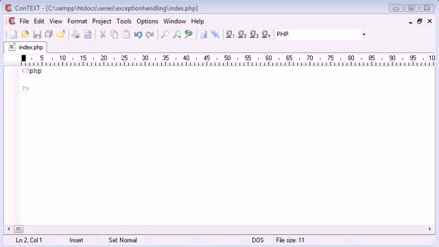Now, the next part of exception handling we're going to talk about is try, throw, and catch. What we do with try, throw, and catch is we need to try a block of code. Within this code, if we come across an error, we throw an exception, as we've already looked at. But then we catch the exception and we can display the custom error message in